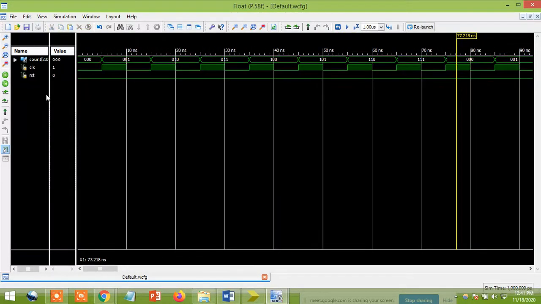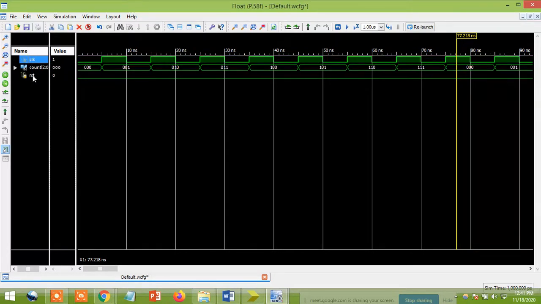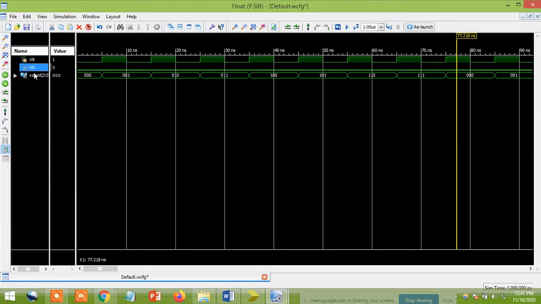Click somewhere. First you have this clock, next it is the reset, and next it is the count. You can see that. So initially I'm going to take 0. I'm going to make my reset value 0. It starts counting from the initial stage only: 0, 1, 2, 3, 4, 5, 6, 7. It's coming. Carefully you see that. So I'm going to reduce.